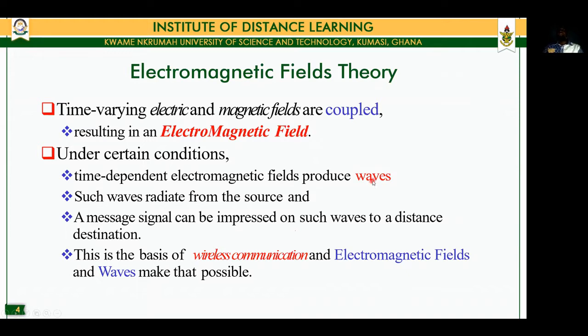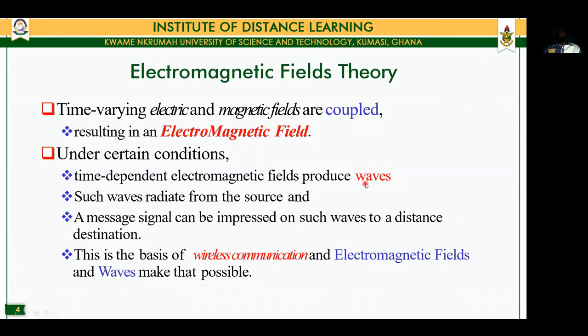The waves are those that propagate, and therefore radiate outwardly from the source and to provide connectivity, for example, in a cell phone network. So the field is created, and then it is changed into a wave because it is time varying, and it propagates in the form